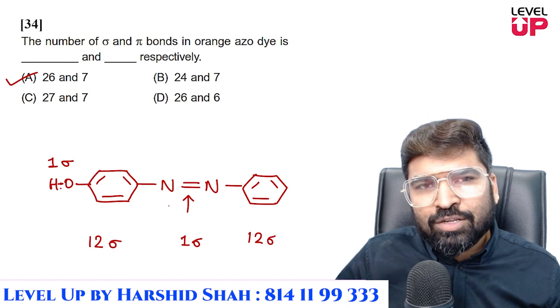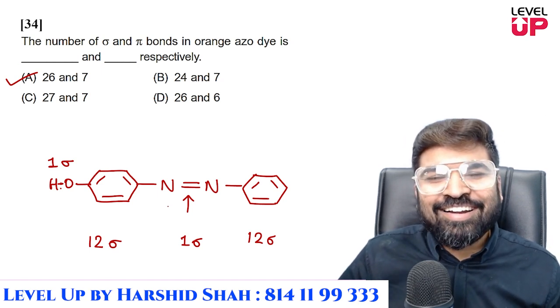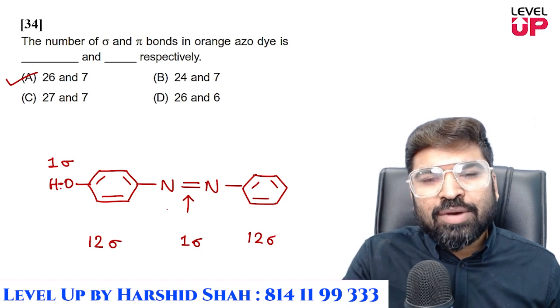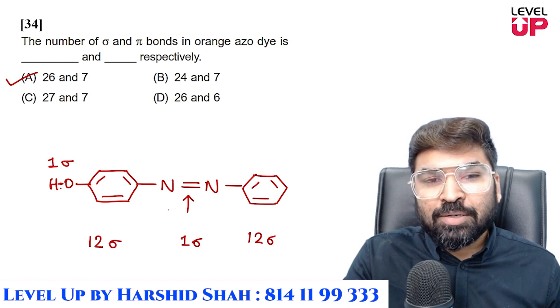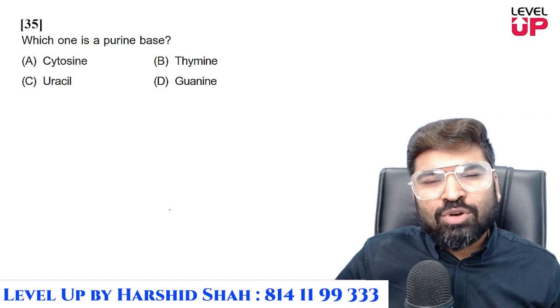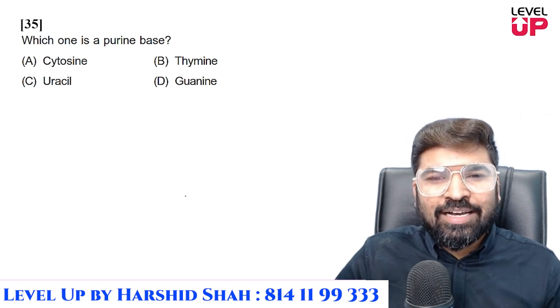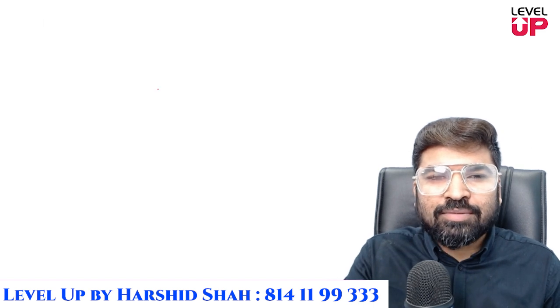और अब अगर वो H को सब्सटीट्यूट करके कोई और ग्रुप डाल रहा है, फिर भी सिग्मा तो सिग्मा ही है ना। क्लियर है? ओके, सो 12 सिग्मा, नाइट्रोजन एक और सिग्मा, और O-H एक और सिग्मा, बाकी पाए 7। Which is purine base? Obviously adenine, guanine are purines, cytosine, uracil, thymine are pyrimidines.